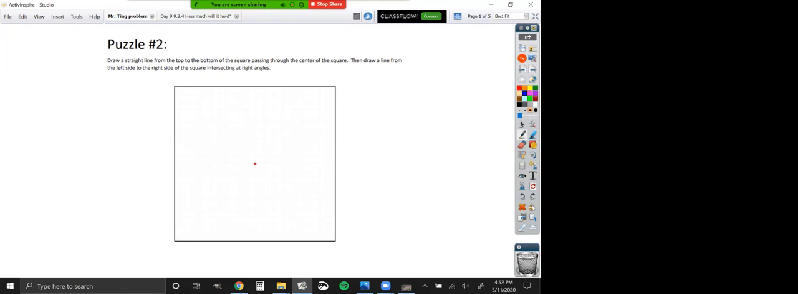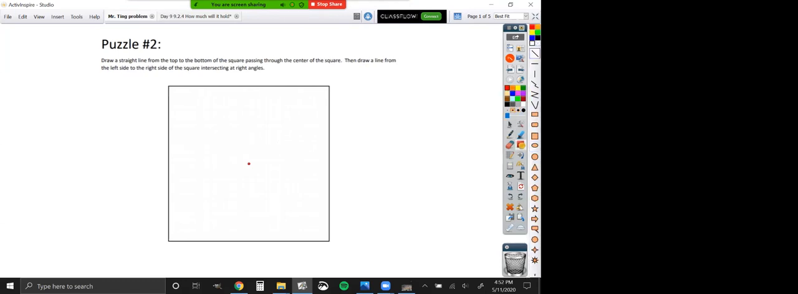Anyway, puzzle number 2 is called: draw a straight line from the top to the bottom of the square, passing through its center. Then draw a line from the left side to the right side of the square, intersecting at right angles. So following that instruction, if I were to draw a line from, let's say, here to here,